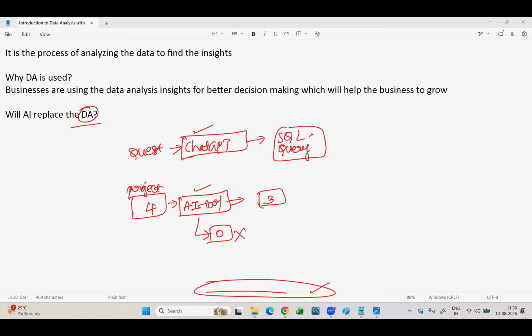So think in that scenario. The points I discussed, are they right or wrong? Just imagine after the class also, if you are still not confident with my answer, you can just go and ask ChatGPT itself again: can AI replace the data analyst? Ask the question. It will also give you the same answer. So that you will be 100% confident with the answer that I have provided. Okay, so I hope you got the point.